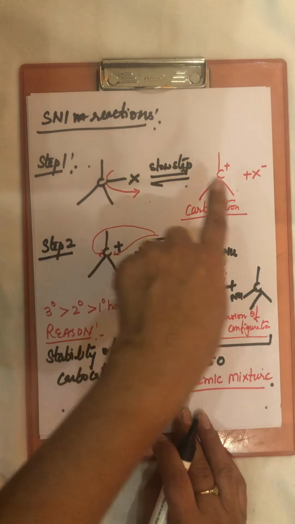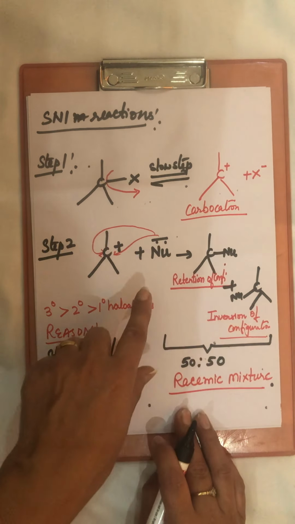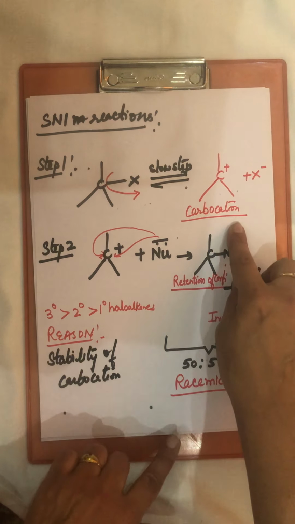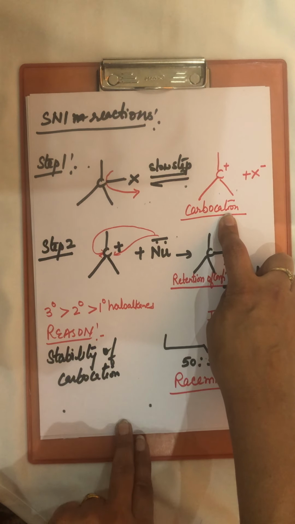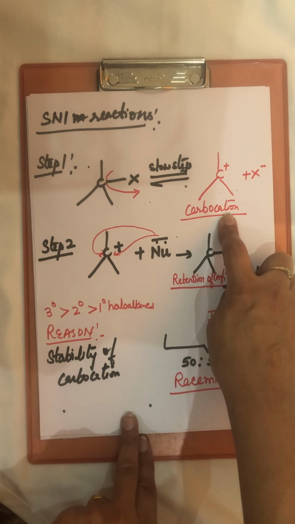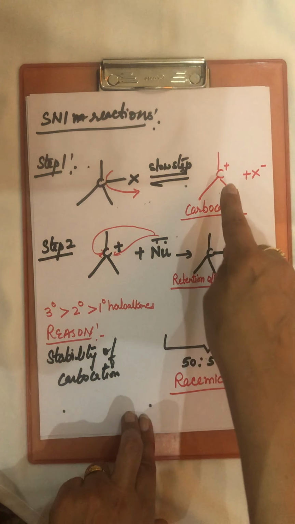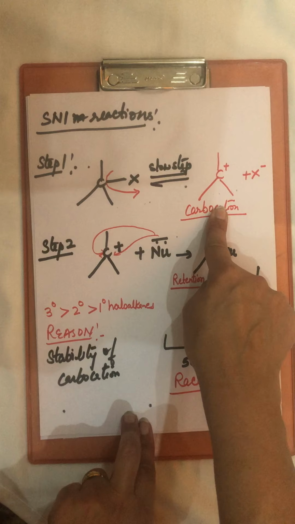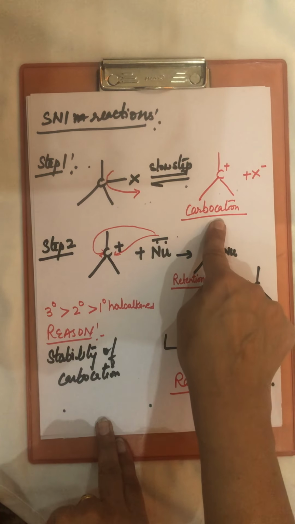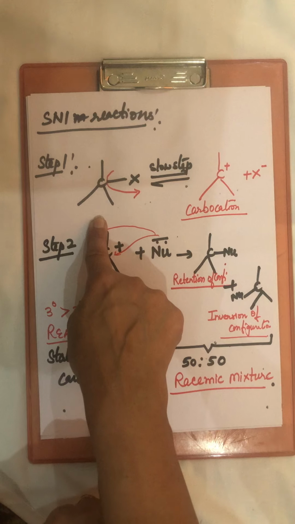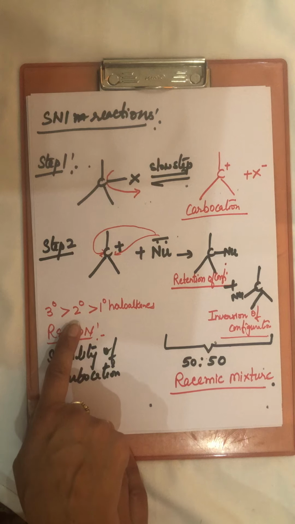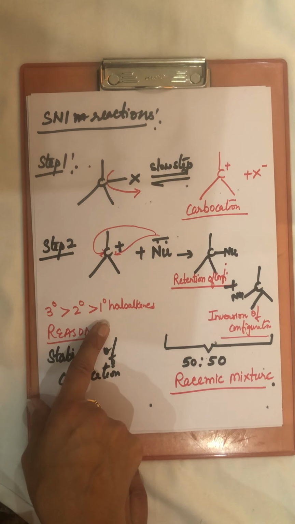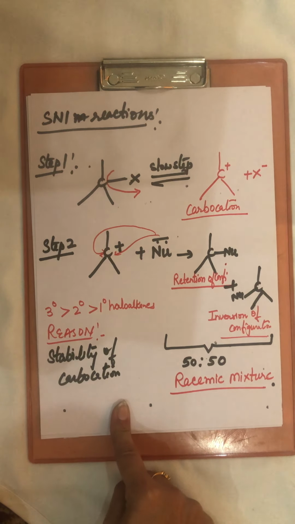In the first step, easily the carbocation is forming, easily the reaction is taking place. And this carbocation will form easily if it is more stable. And we know tertiary carbocations are more stable than secondary, secondary are more stable than primary. So tertiary carbocation is forming easily, so its reactivity will be more. And tertiary carbocation will form from tertiary haloalkane. That is why the reactivity of tertiary haloalkanes is more than secondary. Secondary haloalkanes is more than those of the primary haloalkanes. So this depends on the stability of carbocations formed.